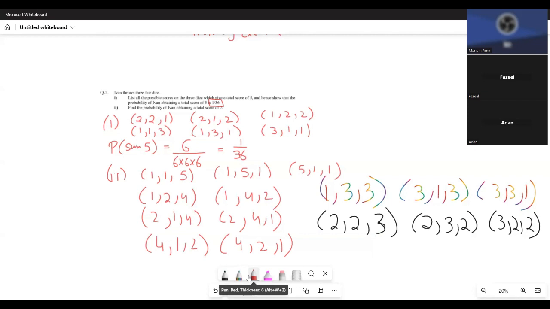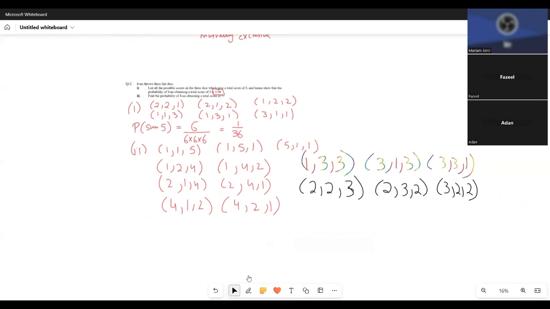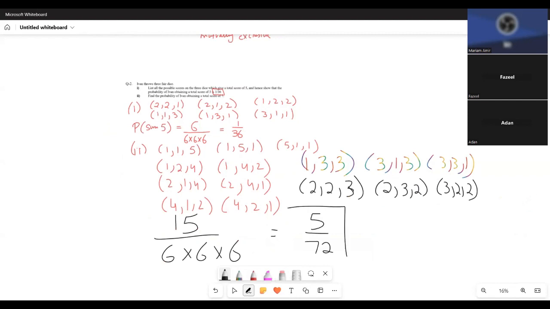I think ये सारी केसेस हो गए, इसके अलावा नहीं हो सकता। ओके, सो ये हमारे पास कितने आउटकम्स आए हैं, 1 2 3 4 5 6 7 8 9 10 11 12 13 14 15। 15 आउटकम्स आए हैं और टोटल क्या है, 6 टाइम्स 6 टाइम्स 6। तो इससे आंसर आएगा 5/72। ये आ गई प्रॉबेबिलिटी ऑफ गेटिंग अ सम ऑफ 7 आफ्टर थ्रोइंग 3 डाइस।